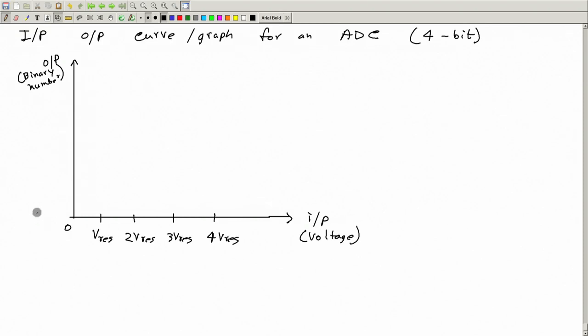Sorry, let me take a 2-bit ADC. I have taken a 2-bit ADC for simplicity, which can represent only 4 levels. Then the output can take these 4 values 0 0, 0 1, 1 0 and 1 1. So these are the 4 possible values. So this is like 0, this is like 1, this is 2, this is 3,